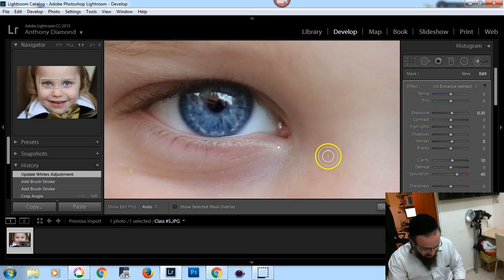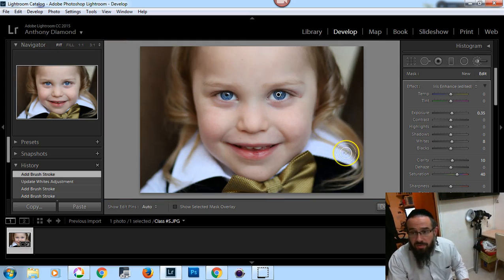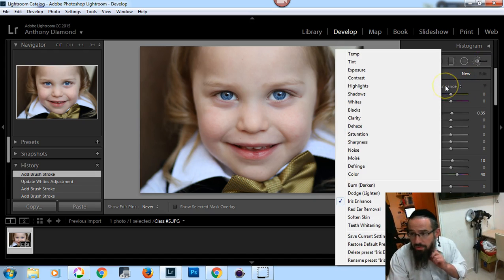Okay, let's have a look. Let's zoom back out again. Let's have a look at the before and after. Let's get rid of the pin by pressing H. Now you can see, yeah, that's just enough. Just enough. Now, in regards to cleaning up the skin, let's create a new pin, and we will go to,